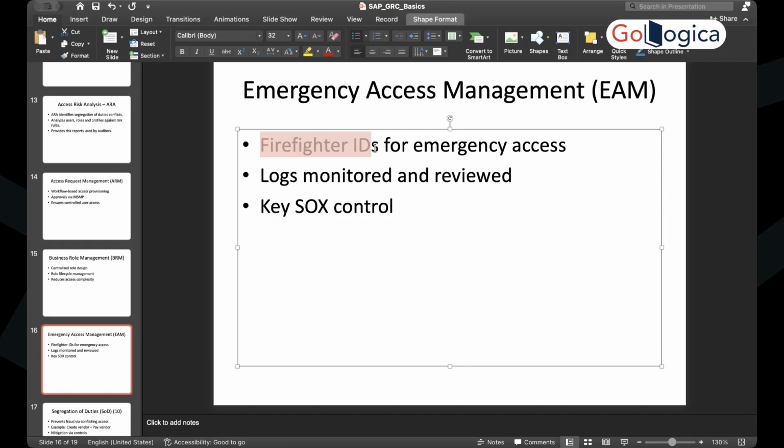Because your manager is on leave, he or she would best know what you do and why you need the emergency access. But since they are on leave, no one else in the company is aware of what Vanessa is doing, right? That's where bullet point two comes into the picture, that the logs are monitored and reviewed. So any firefighter ID,